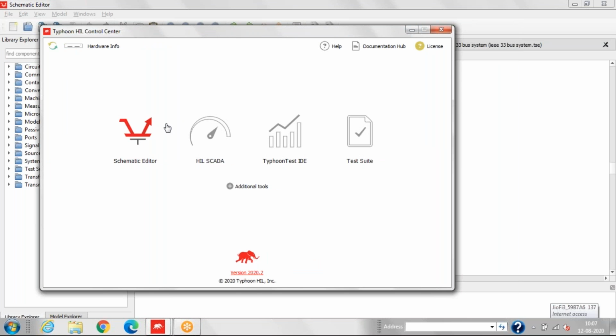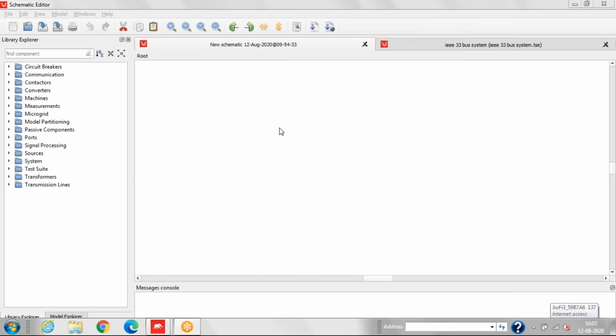First we'll go to the schematic editor. As I have discussed, the IEEE 4-node system can be of different types, balanced or unbalanced depending on the load, and step up or step down depending on the winding connection of the transformer, and it depends on the number of nodes. So here we are taking 4 nodes. As the name suggests, we are going to demonstrate the IEEE 4-node system. So here we'll create 4 nodes.